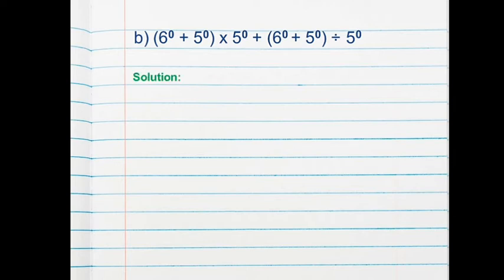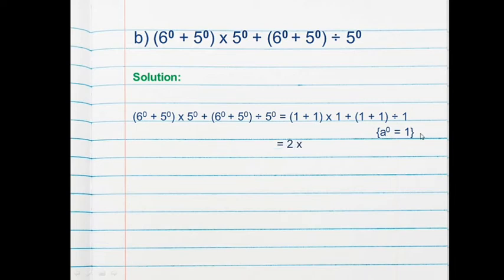So the solution is 6^0 + 5^0 into 5^0 + 6^0 + 5^0 divided by 5^0, which is equal to (1 + 1) into (1 + 1) divided by 1. So here we have applied the law, and the law is a^0 equals 1. We know that when the base is given with exponent 0, it means that is equal to 1. So here we got 6^0 as 1, 5^0 as 1, again 5^0 is equal to 1. So this way we have written 1. That is the law we applied here, a^0 is equal to 1.